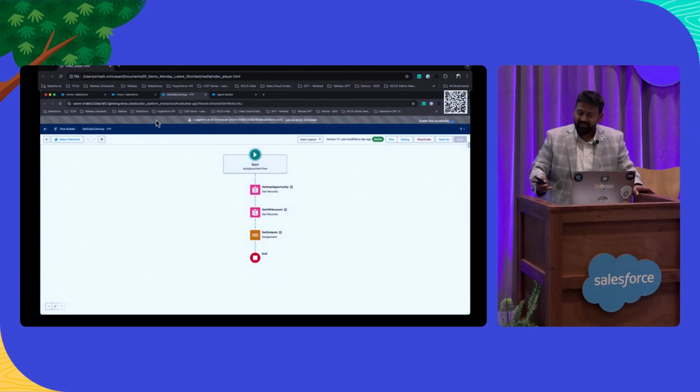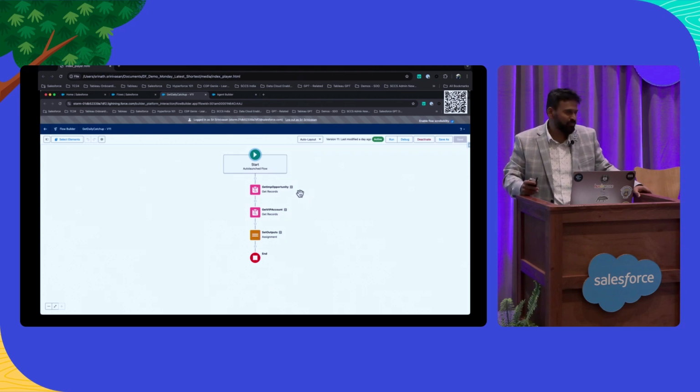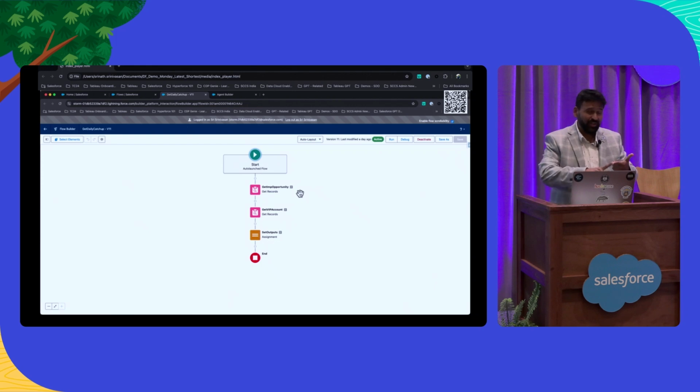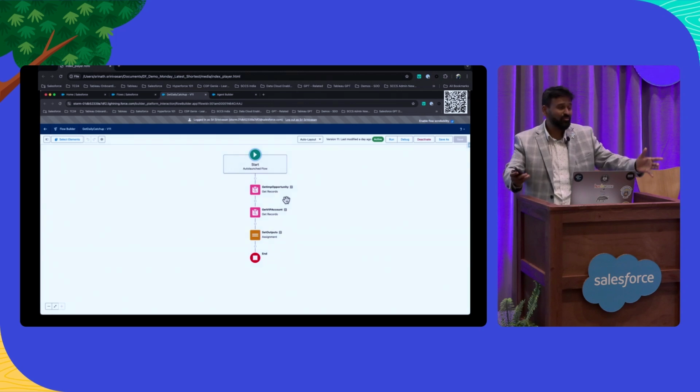As you can see, this is a simple auto launch flow. It's basically going to start out and say, I'm going to go ahead and get the most important opportunities for you. How do I define important opportunities? For me, important opportunities are the ones that have a top dollar value, the ones that are going to get closed within the next month or so, the ones that have any change happening in the last week that is significant enough, or I have a certain field that says this is important. That's how I would identify the most important opportunity. Then I have the VIP account. I'm going to find out which of these accounts are the most important ones for me.